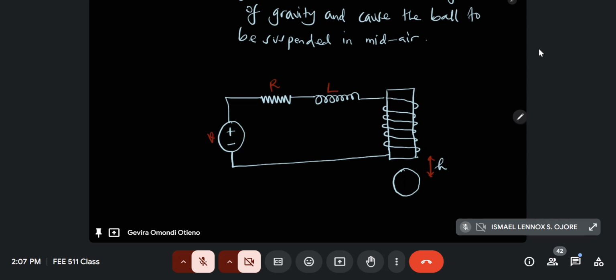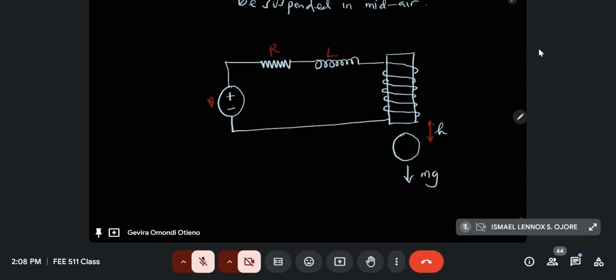So because basically the ball is made of a magnetic material, it's being suspended mid-air by the fact that gravity would want the ball to fall down, but the magnetic effect or the magnetic force is countering the gravitational force. So the ball remains suspended in the air. There's another force there. Let's call it mg. So the question is,